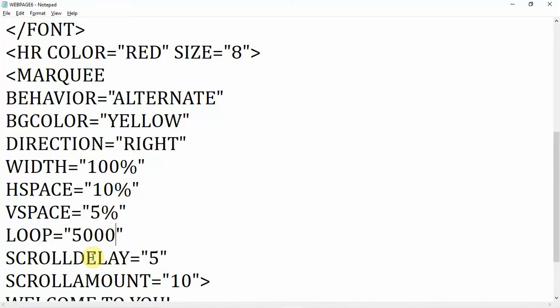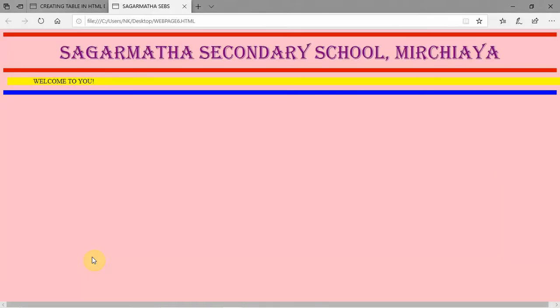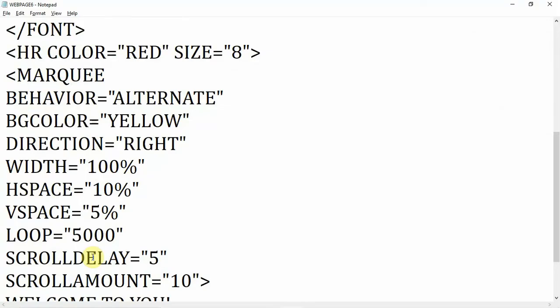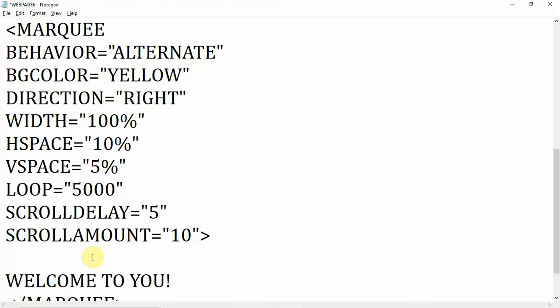Now if you ask me how to increase the size of the text, I can tell you that you have to use the font tag or heading tags. If you want to make it larger, you can use formatting tags, heading tags, or font tags. I want to tell you how to use the font tag. First of all, you have to find the piece of text. Here is the piece of text, and here you can use the font tag.